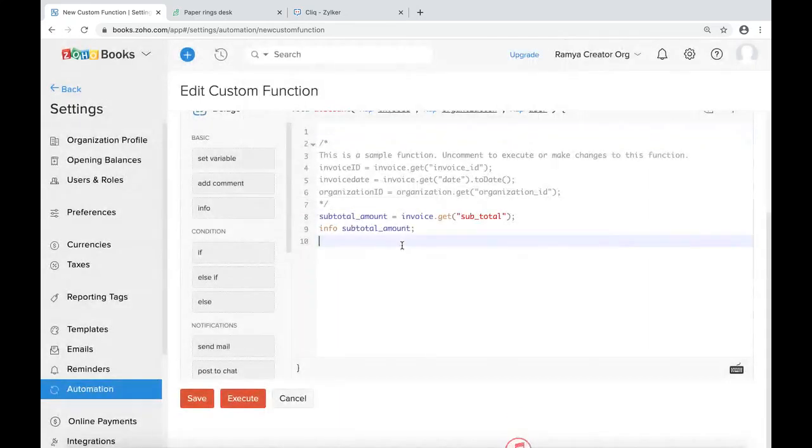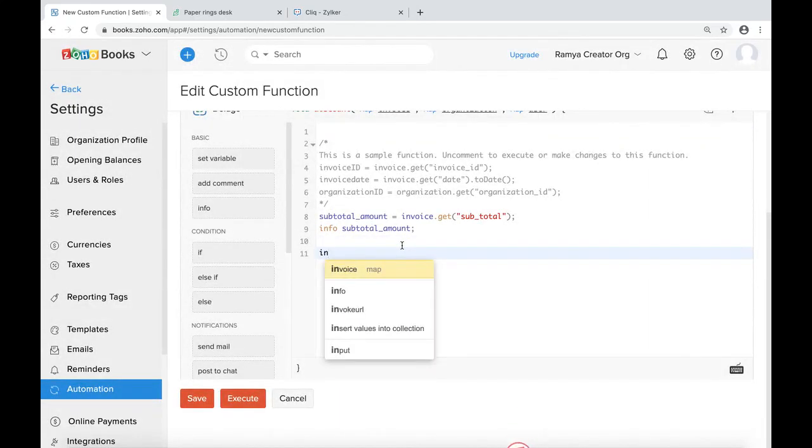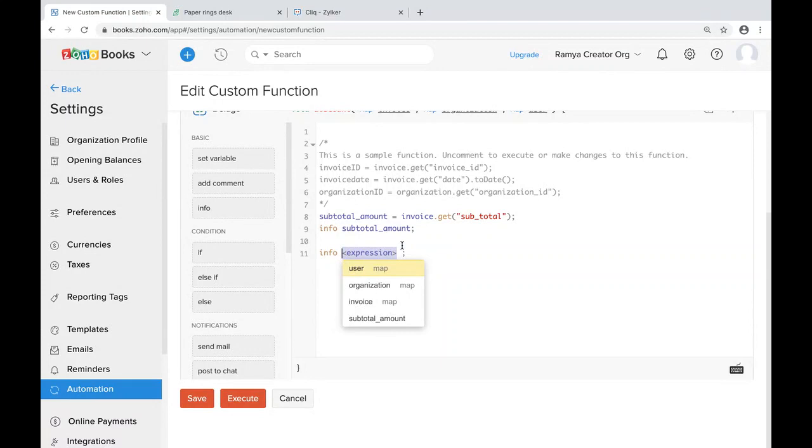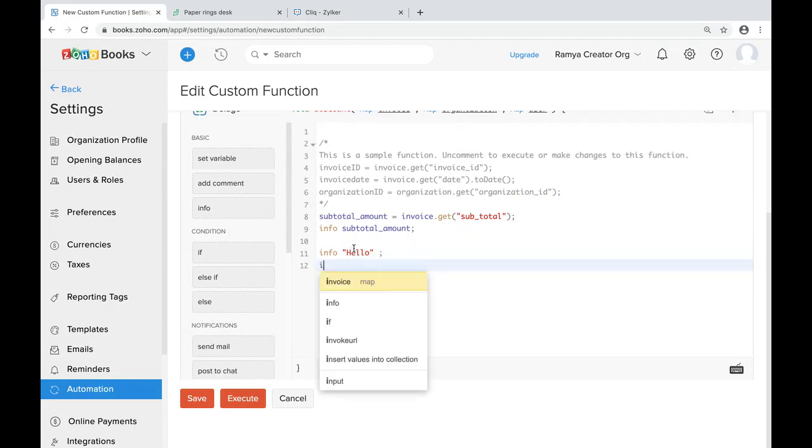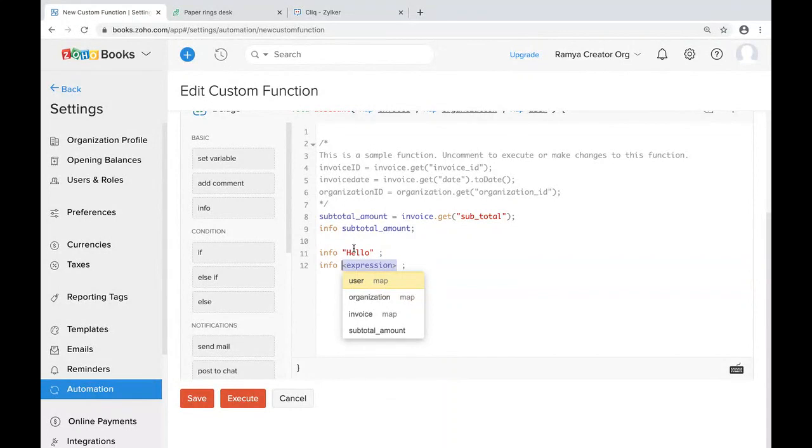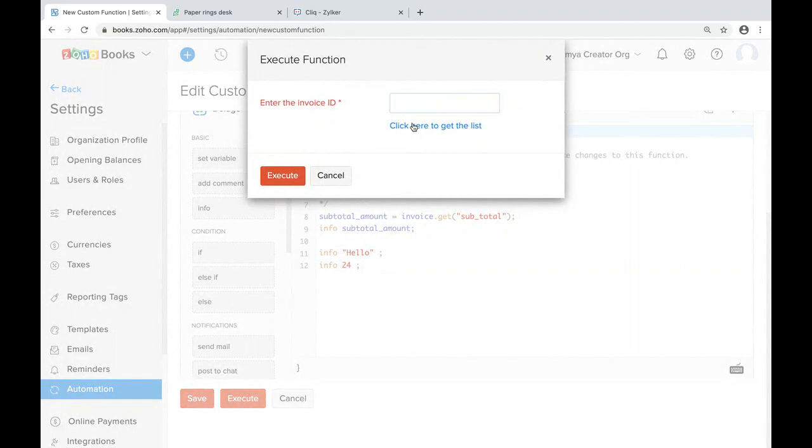Let's now first click close and info, and let me provide a text, maybe hello. So this statement should display the value hello. And not just text, we can actually provide any data type, including number, date, time, or Boolean. So let us also try with a number value. So this statement should output the number 24. Let's try to execute the script. I'm choosing the same invoice